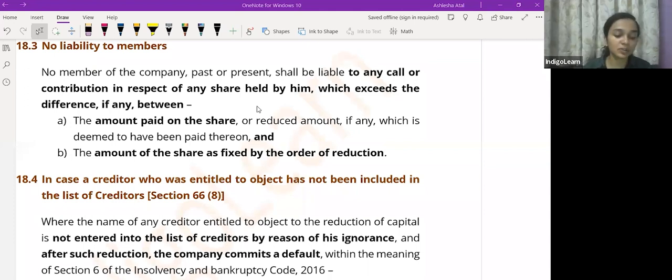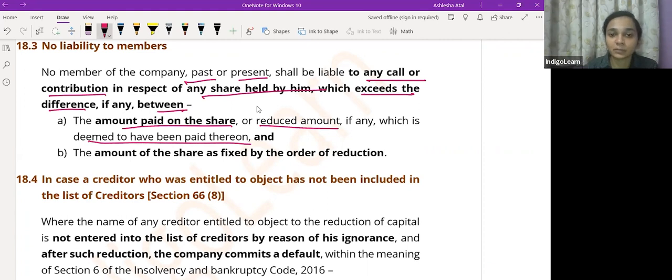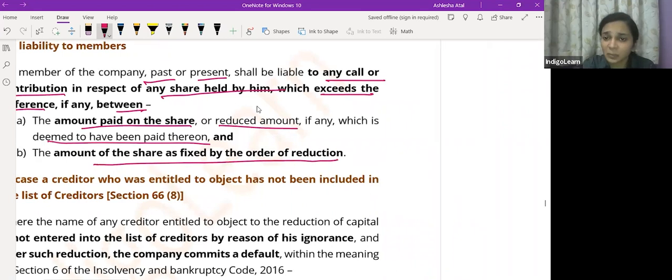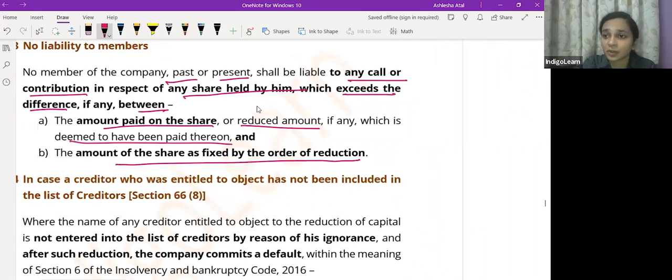Now the next point talks about the liability of member. So no member of the company, whether past or present, shall be liable to any call or contribution in respect of any share held by him which exceeds the difference between the amount paid on the share or reduced amount, if any, which is deemed to have been paid thereon, and the amount of the share which is fixed by the order of reduction. So this basically says कि कोई भी shareholder of the company, he'll